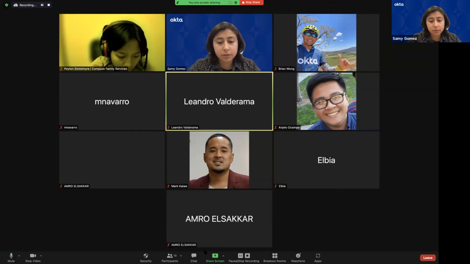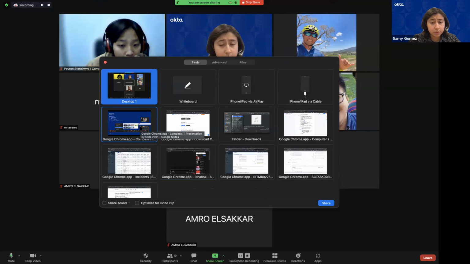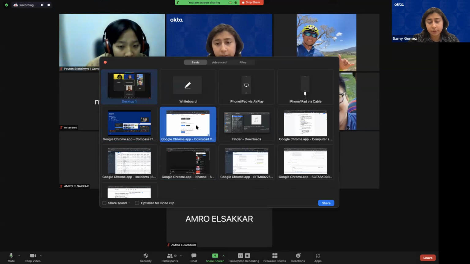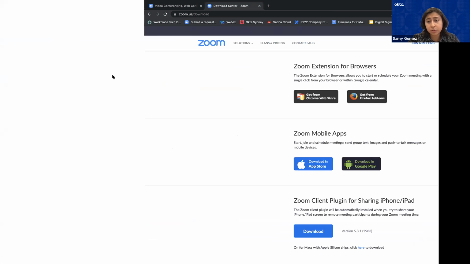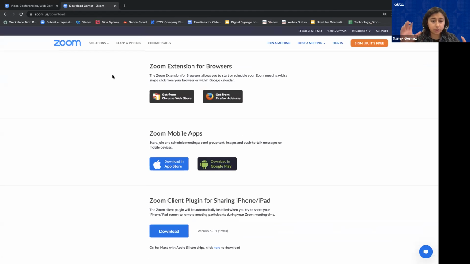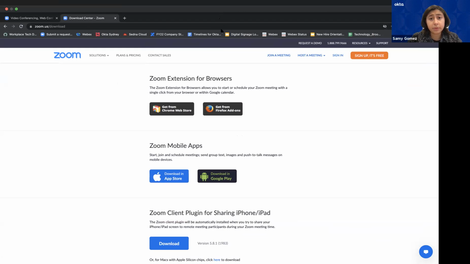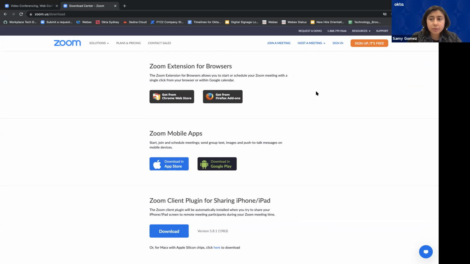Or if you don't want to do that and you just want to select one specific application, like say I go back to the Zoom window here, this is the only thing you'll be able to see. So if I go back to the home screen right now, you can't see that. You could only see this specific window. That's just depending on your preferences and also security reasons. If you don't want to share your full desktop, or if you have anything open that you're not allowed to share, that's a reason why you want to select a specific window versus your full desktop.